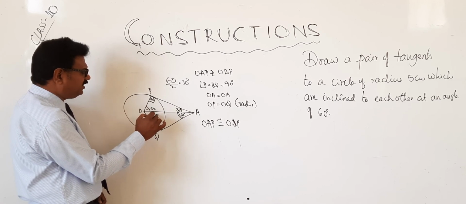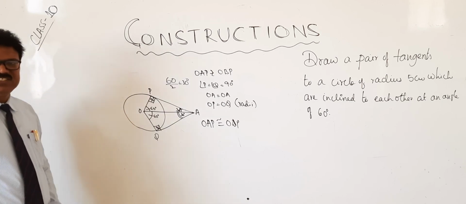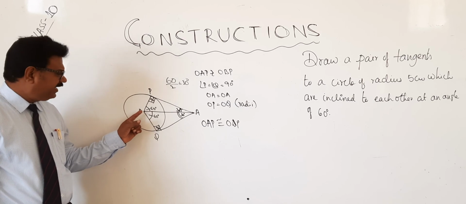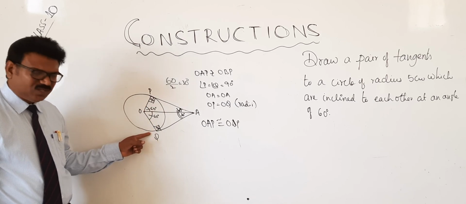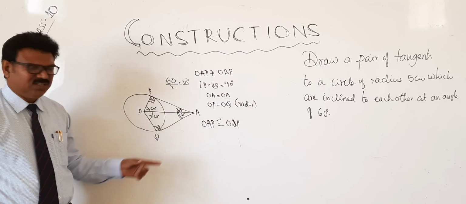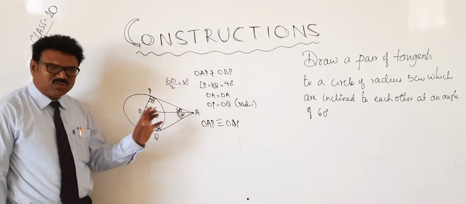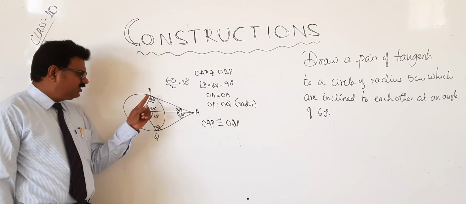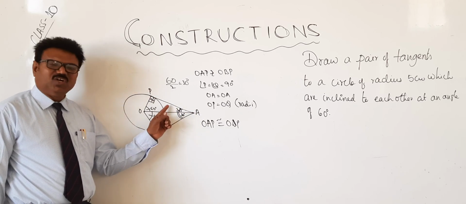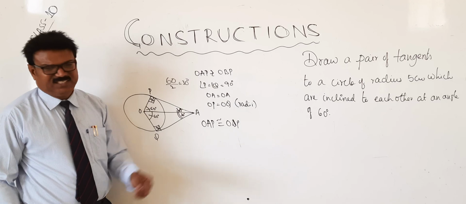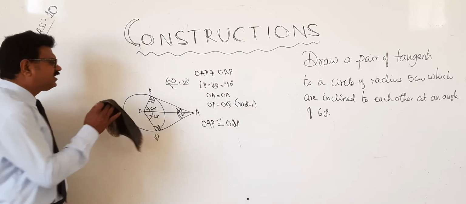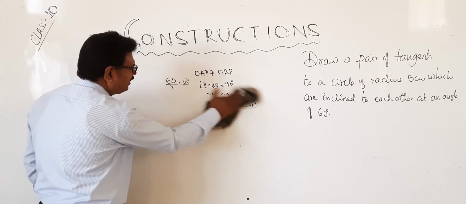It is also 60. There are two methods to construct 60 degrees. Directly you can construct by taking 120 at P and Q, or from here you can take 30 degrees and join however you want. Now, have you understood the theoretical concept? Inclined means AP and AQ will be inclined at 30 degrees, that is 30 plus 30 is 60 degrees. Shall we construct now? Yes, we will construct in a simple manner.